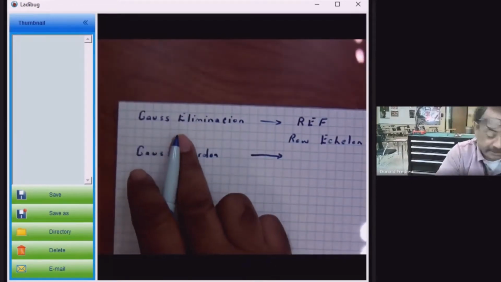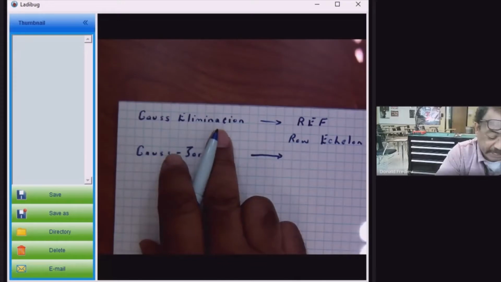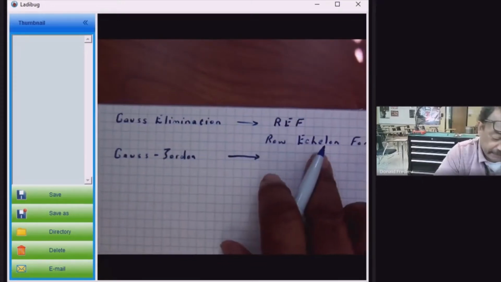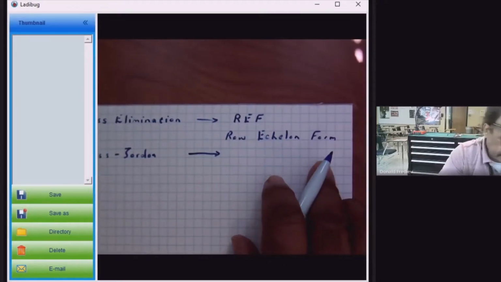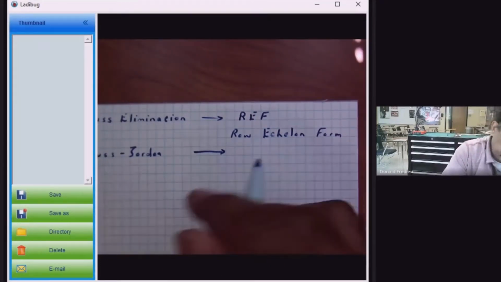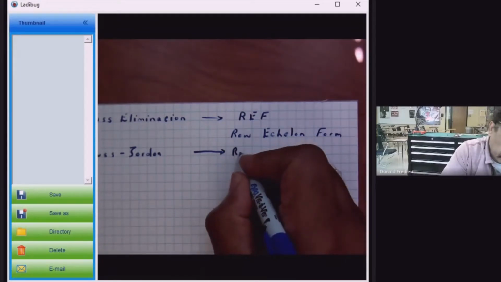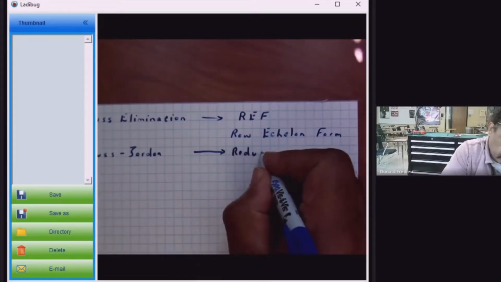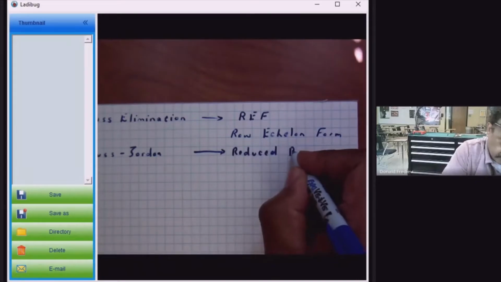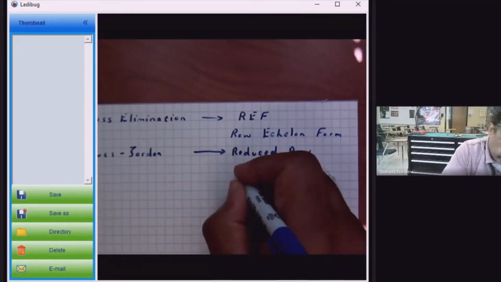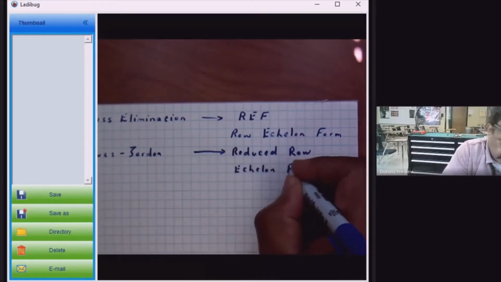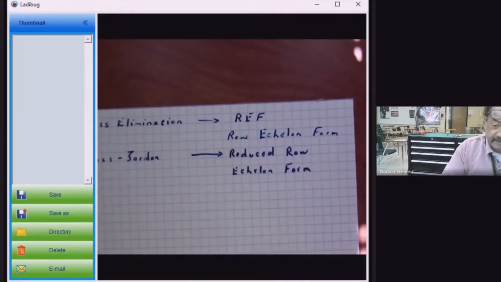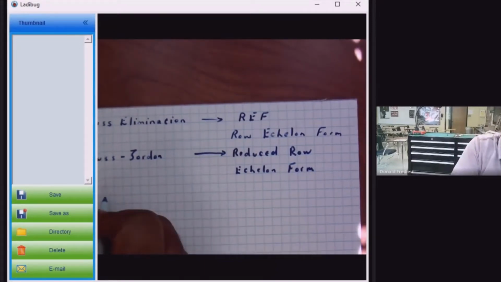Okay, one of the terms you're going to hear is Gauss elimination. Now that refers to a row echelon form of a matrix. If you hear the term Gauss-Jordan, that refers to a reduced row echelon form. And the difference is this. If we have a 3 by 3 matrix,